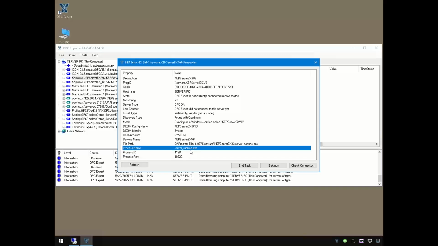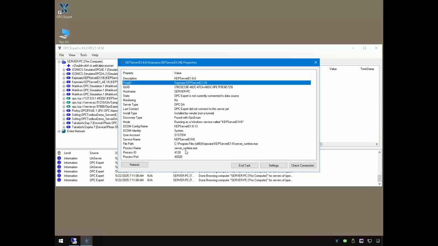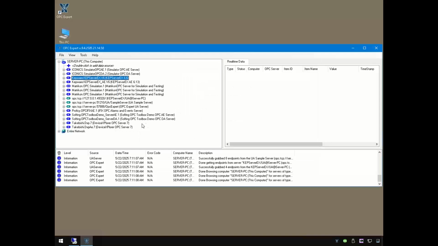So this guy's running, and there is the server executable, which is sometimes difficult to tell when you're looking at an OPC server. For example, it's OPC servers Kepware, but the executable itself is server_runtime. And OPC Expert helps you to put all of that together. In any case, let's connect to an OPC server, and I'll get back to alarms and conditions and alarms events